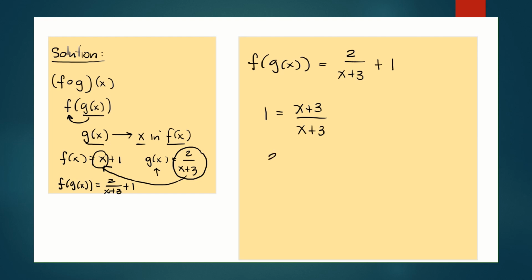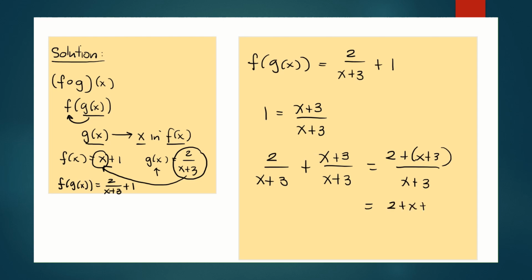So what will happen with our 2 over x plus 3 plus 1? Note 1 is now x plus 3 over x plus 3. When we add fractions, the rule is when they have the same denominator, we copy the denominator and just add the numerators. So we have 2 plus x plus 3 over x plus 3, which becomes x plus 5 over x plus 3. This is our f of g of x,